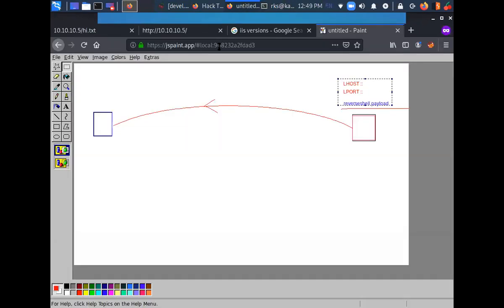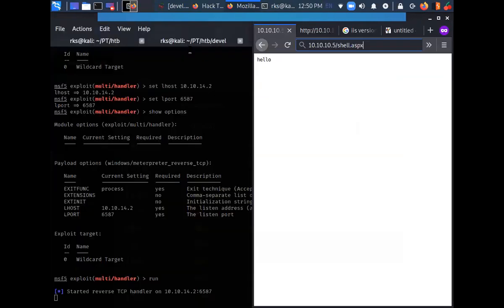Now we can run the exploit. The exploit was shell.aspx. In parallel, I want to receive the connection on the left hand side. So let's press enter.